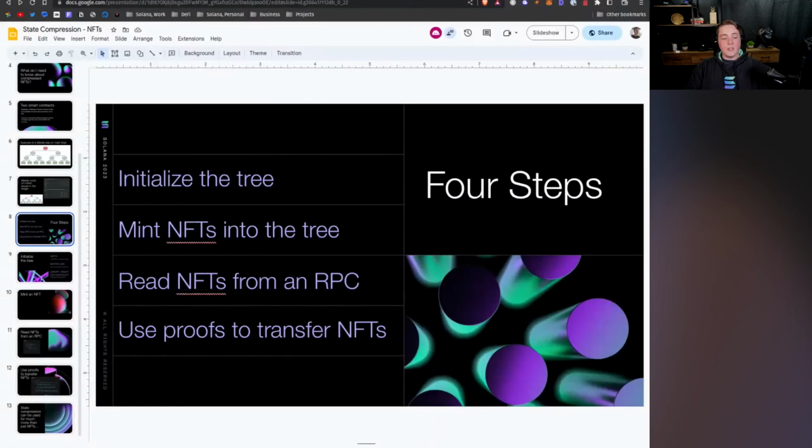Typically, RPC providers are going to have indexing services, and in theory non-RPC providers could also. We use indexing services to read the NFT data, the quote unquote off-chain data that's secured by the ledger, because